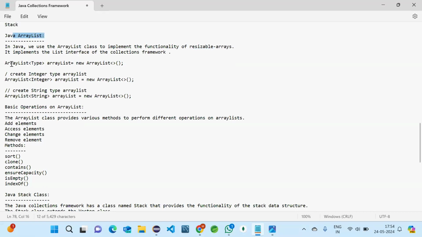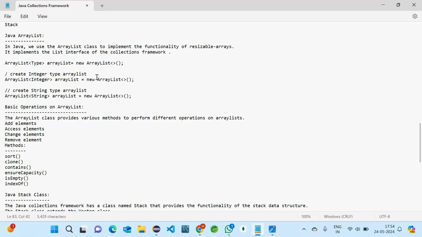To declare an ArrayList, we can go this way. First we give ArrayList, which is a class in Java, then the type. Type refers to the data type we are storing in the ArrayList, either integer, string, float, double, anything. Then we give the name of the ArrayList, and then new is to allocate the memory, and then ArrayList again. These braces are mandatory.